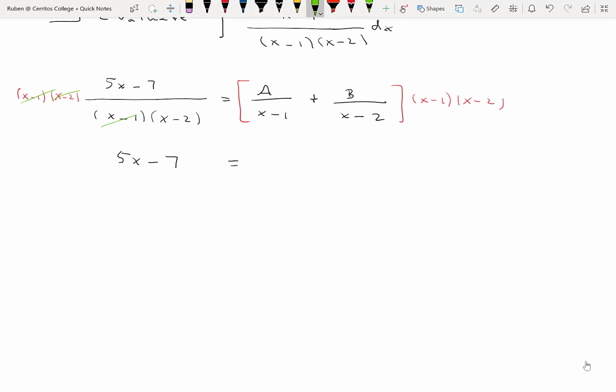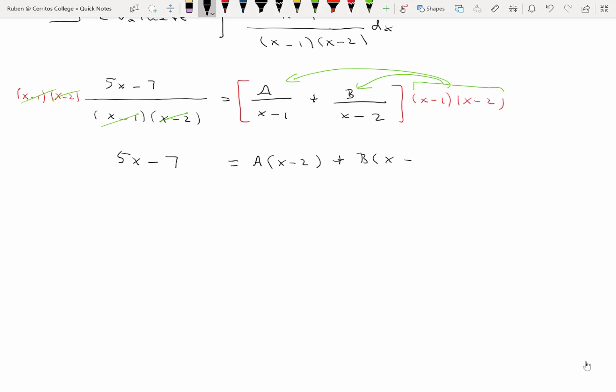That's the whole idea, though. And on the right-hand side, if we distribute that x minus 1 times x minus 2 into the original partial fractions decomposition, we get a times x minus 2, since the x minus 1 cancels in the first term, plus b times